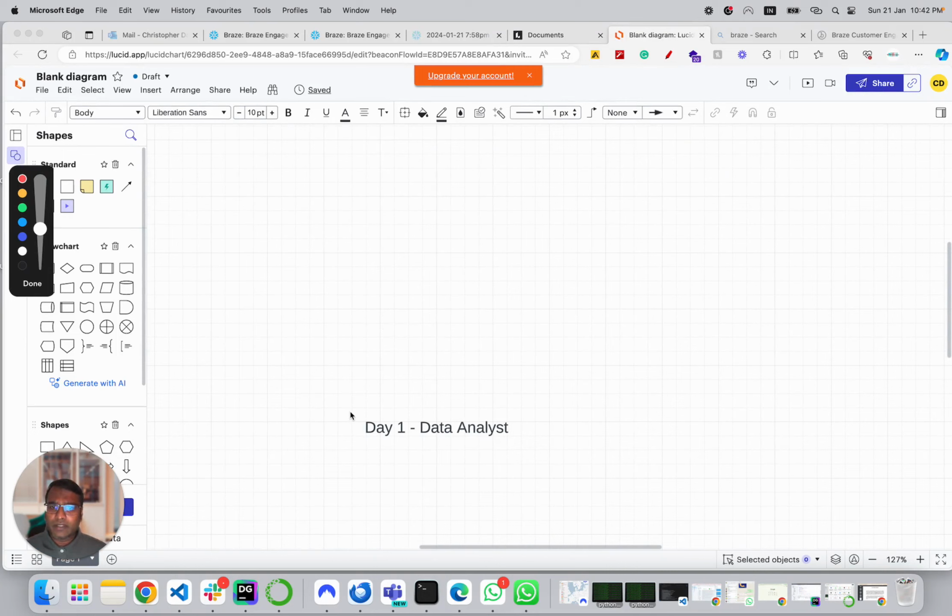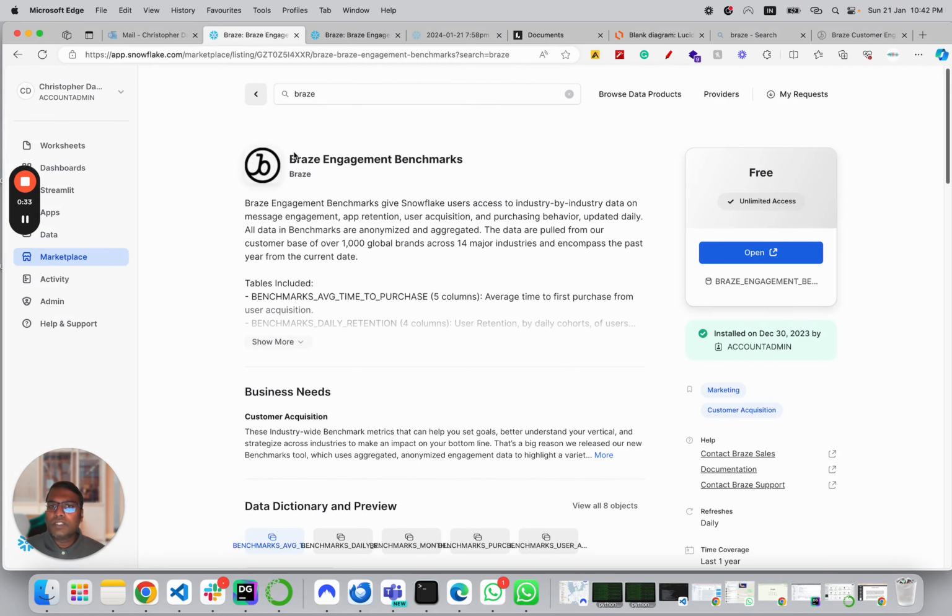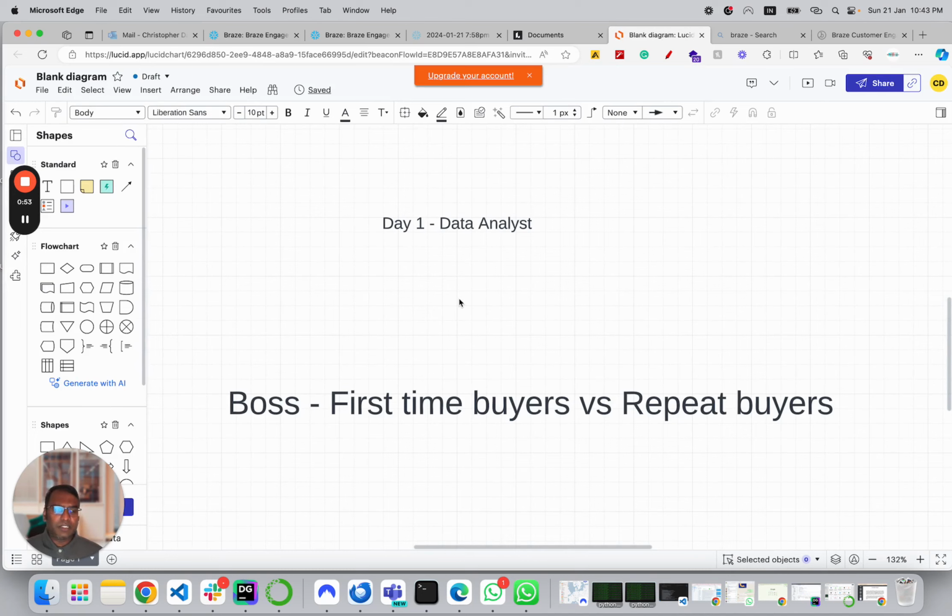So let's say today is your first day as a data analyst in a startup, okay? And your boss comes to you and says, "Hey, I'd like to know the percentage between first time buyers versus repeat buyers." And you ask, where can I find the data set? Your boss points you to this data set by Braze engagement benchmarks on Snowflake marketplace. Okay, so your boss says all the data is available here. Put it on a fantastic dashboard so the team can view it. And then the ticket is assigned to you, probably in Jira or whatever